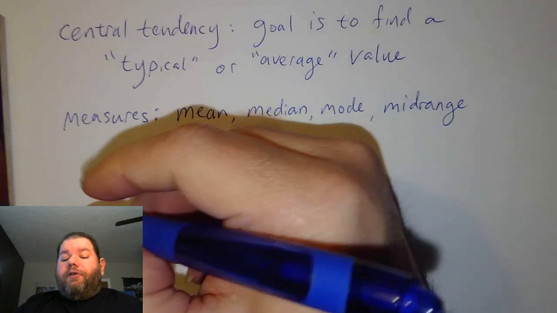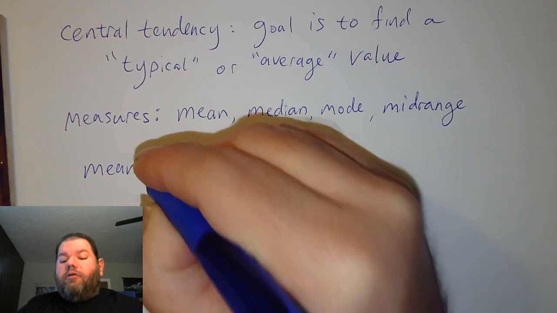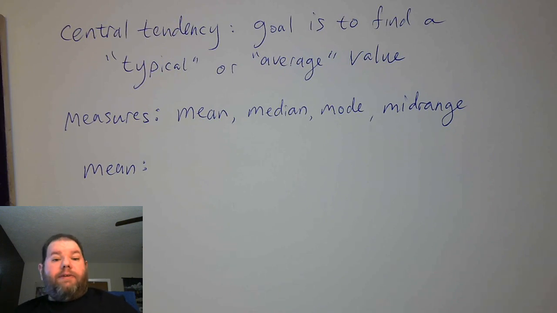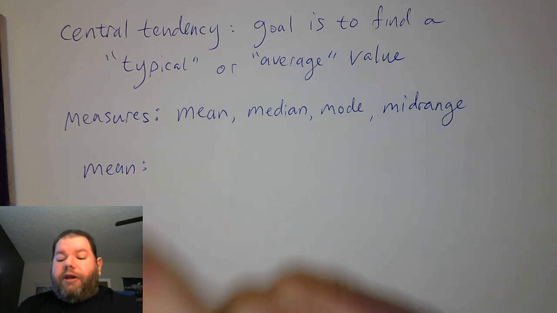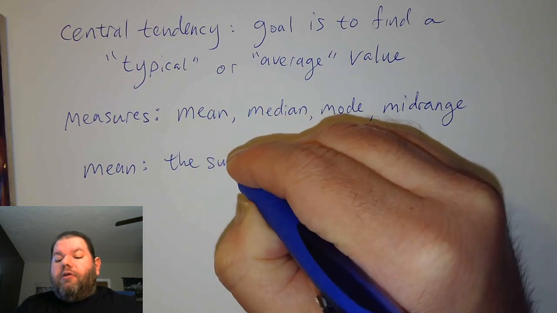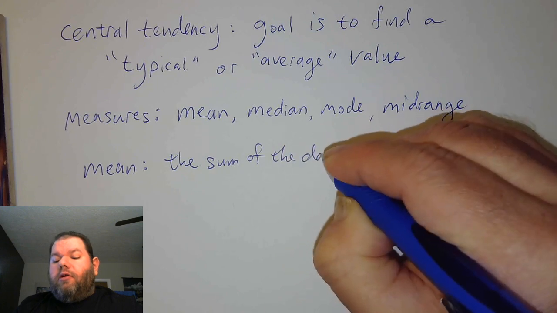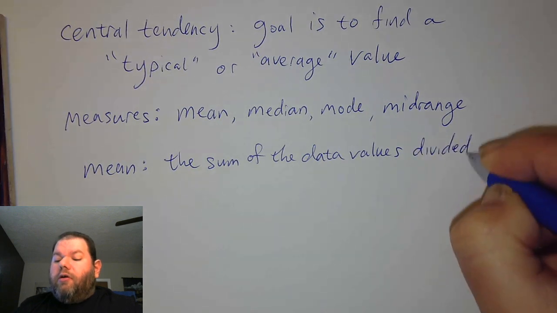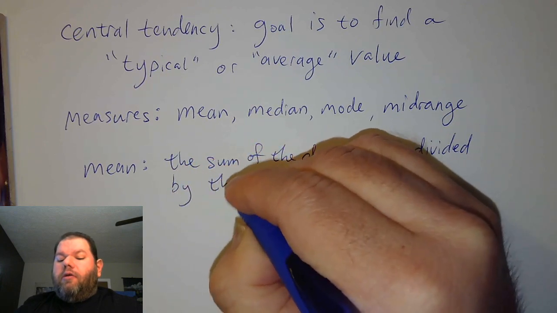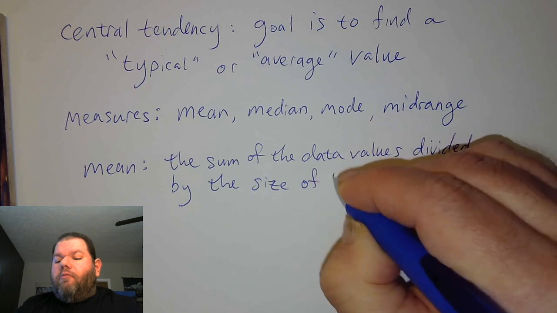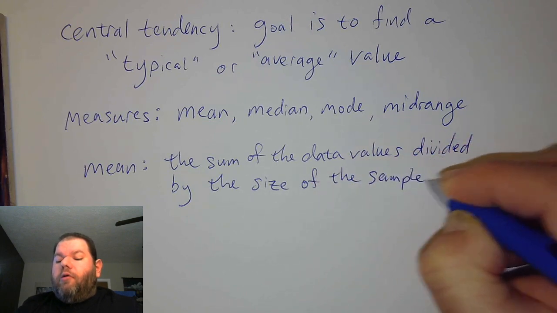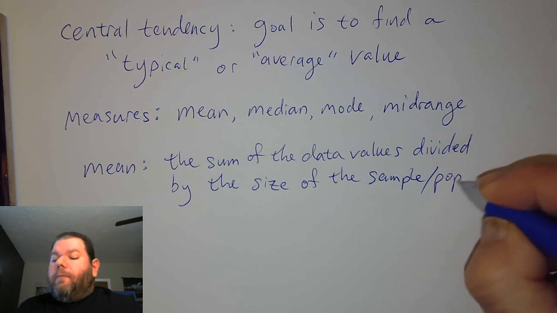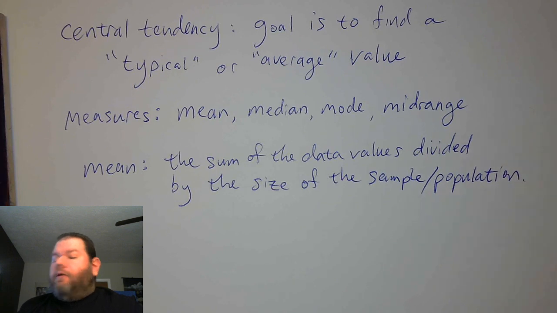Okay, so we start with the mean. And the mean is typically described as the sum of the data values divided by the size of the sample or population, whichever one we're looking at. Okay, now depending on if we're looking at a sample or a population,